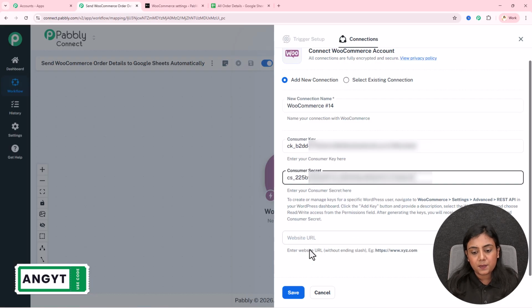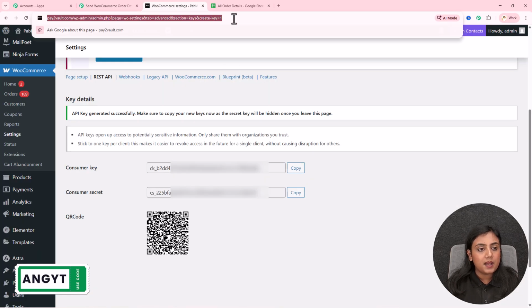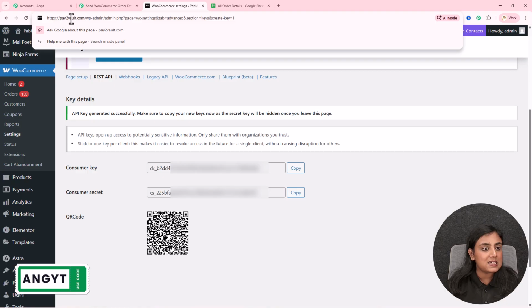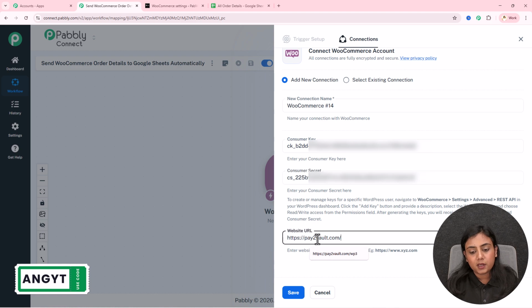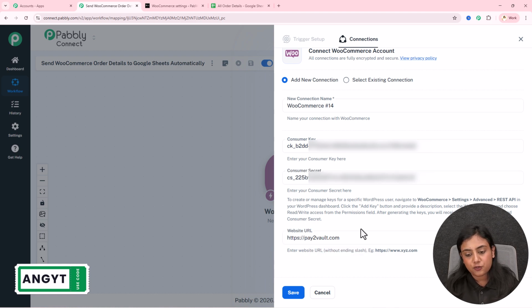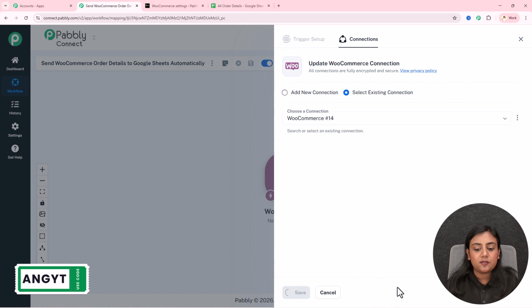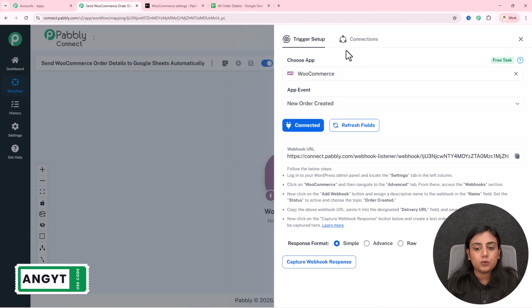Now next, for the website URL, in the same URL you will see right over here from this https till this .com, this is the website URL. Copy it from here, paste it right here and remove the slash from the end and click on the save button. That is how you build the connection between WooCommerce and Pabbly Connect, but the entire connection is not completed